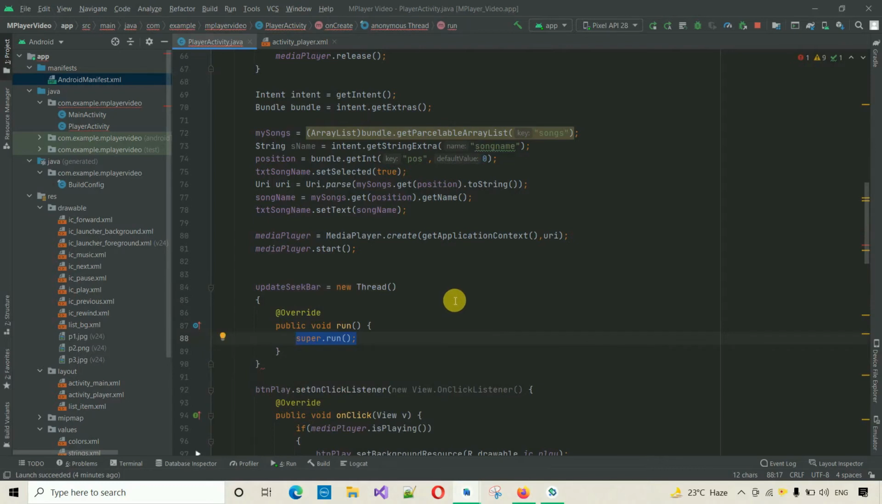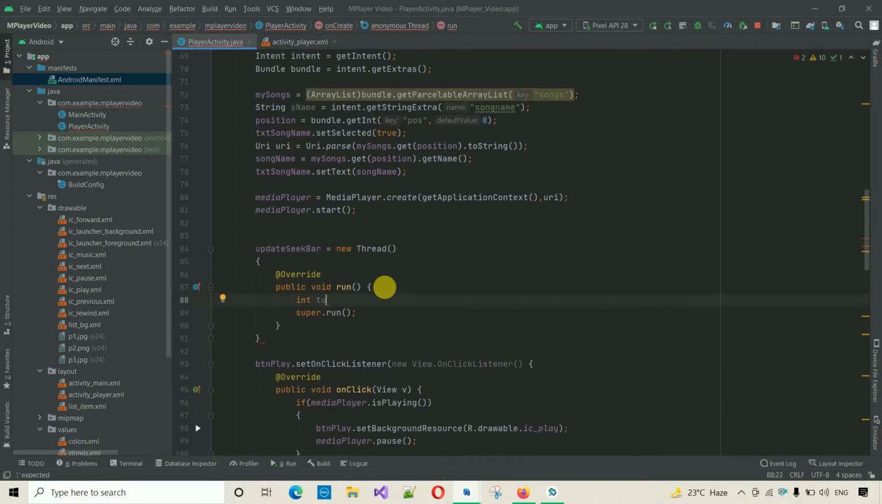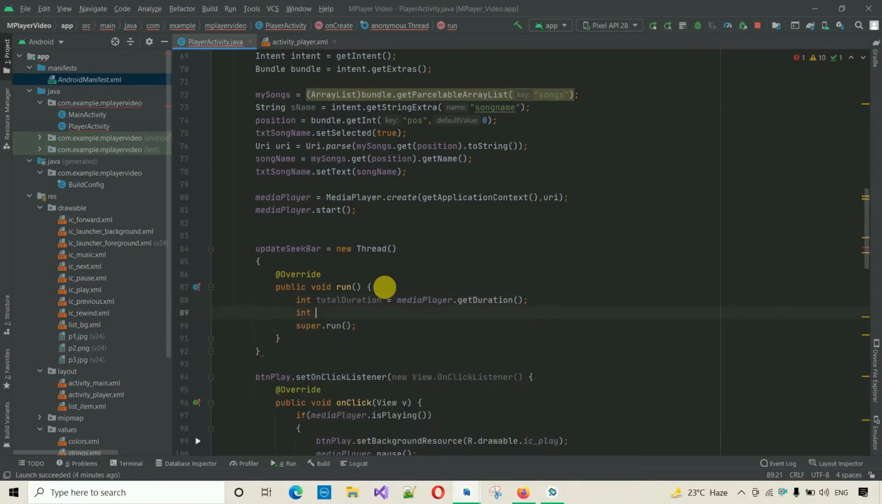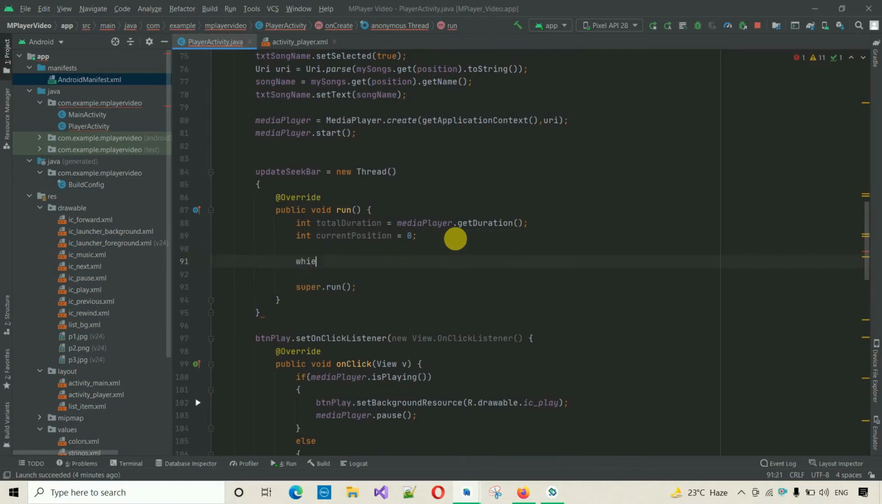Inside this one we have to extract the value, that is int total duration. I'm going to name this variable is equal to media player dot get duration. We will get the duration from this one, and int current position is equal to 0. After this we will check while current position is less than total duration,